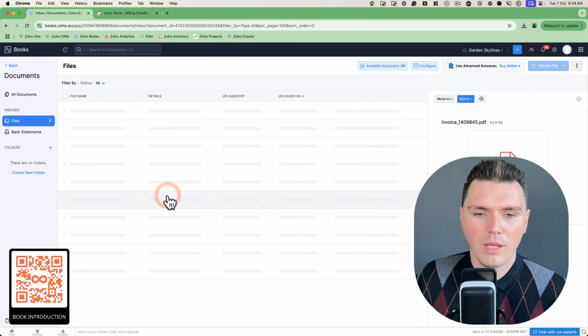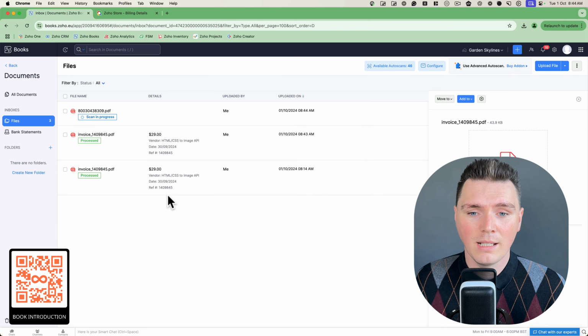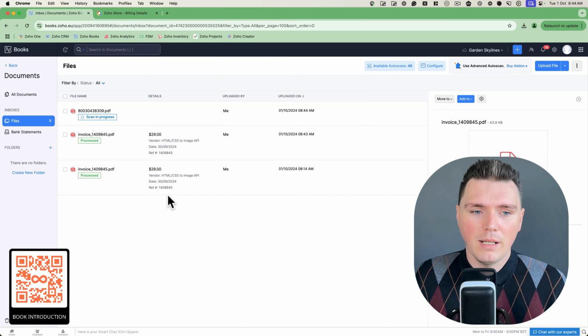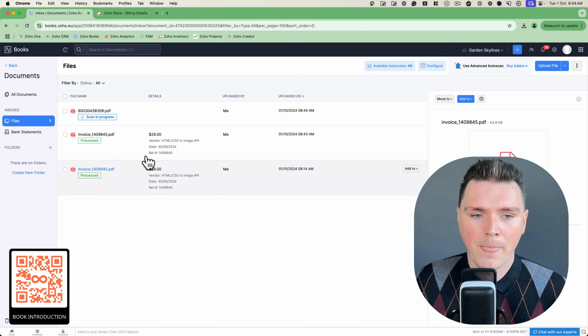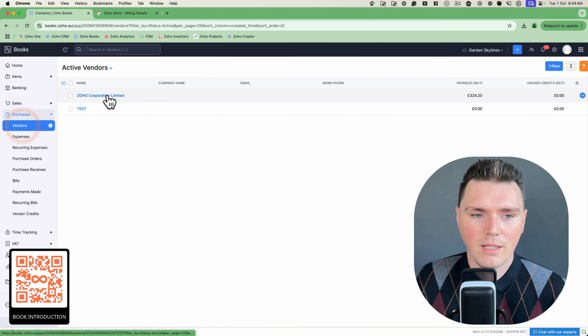One of the things that I find quite frustrating, and this actually came from a client as well, is that for a lot of suppliers, particularly if you're buying software, the account code, the nominal code, is always going to be the same. However, in Zoho, by default, there's no way to set a default nominal code per supplier. So we've done a bit of custom work, and I'm going to show you how this works now. We've added against vendors in Zoho Books